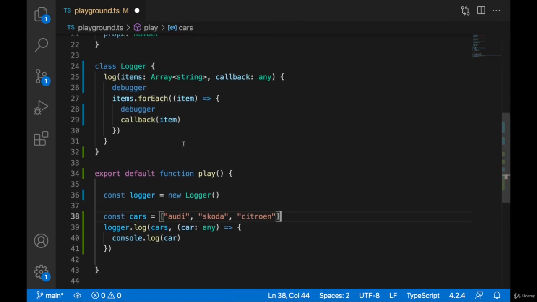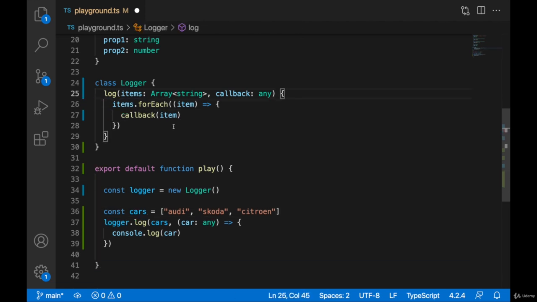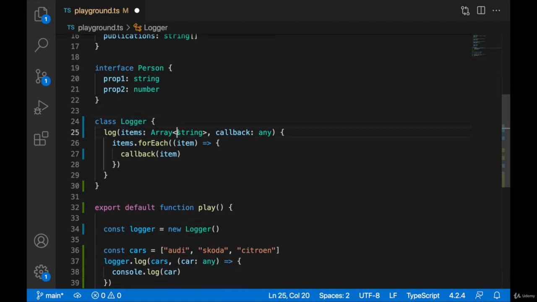Now it's pretty clear what's happening here. Why I'm showing this example: I would like to change this logger class to work with specific types. So I would like to specify a generic type so that it will not work only with strings, but any type you want. First thing we'll do, we need to specify pointy brackets after the class name. Okay, so after the class name, we need to specify pointy brackets, and we will specify